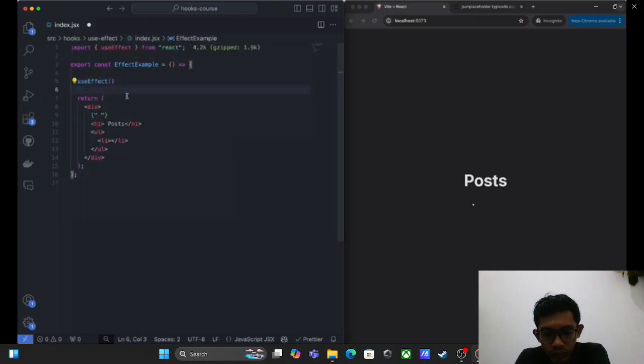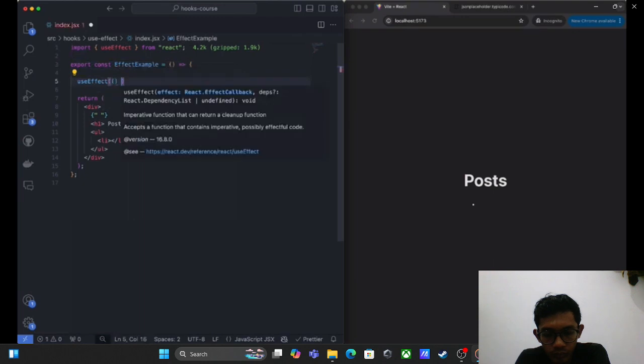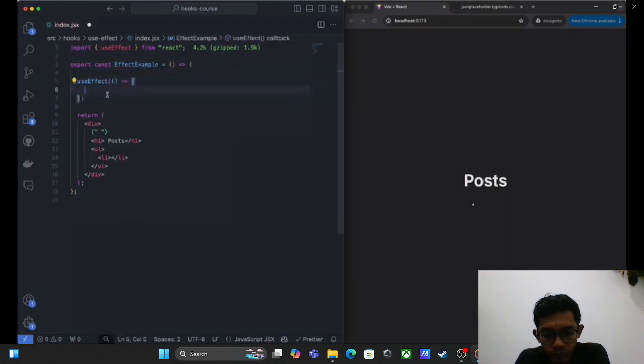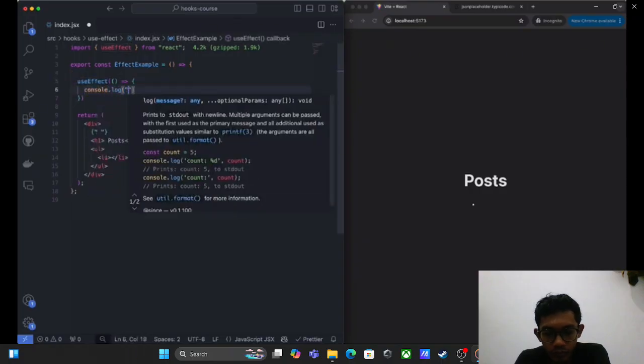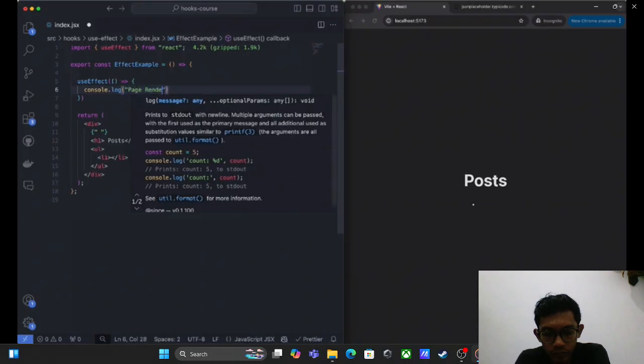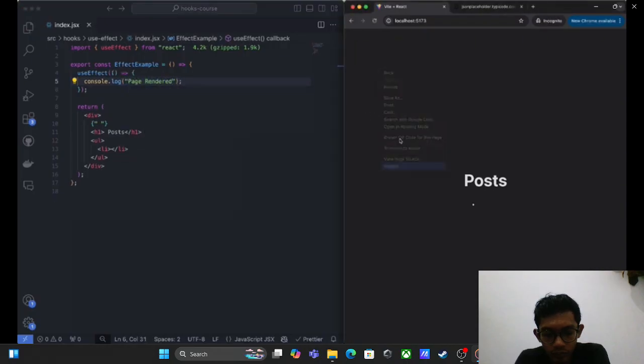Now, the notation for the useEffect hook is very simple. You call the hook, always obviously inside of your component, never inside of an if statement, just like all the other hooks. And inside of here, you put a callback function that will execute whenever your useEffect is supposed to. So whatever action you put over here, like console log page rendered, you'll see that it will actually console